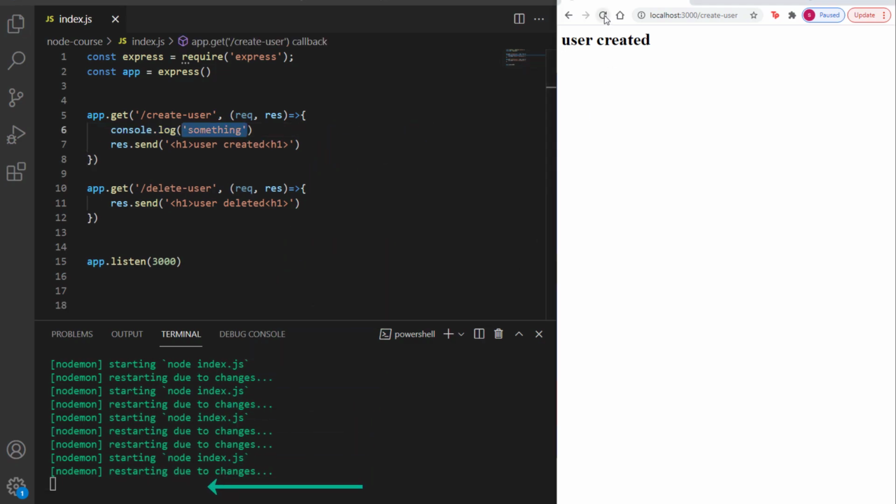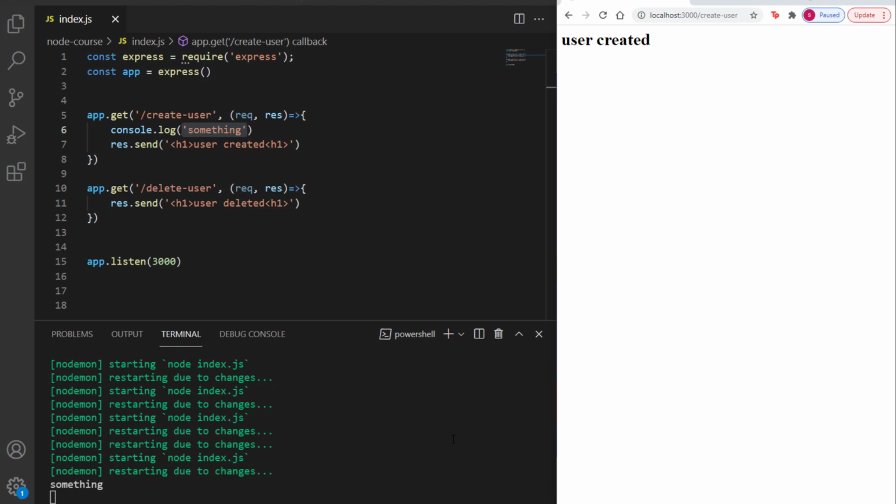Now inside of my create user method, I could go ahead and console.log something right above my response.send method, and that line of code would technically be middleware because it's running after it received a request and before it's sending out the response. But generally speaking, to the average Joe who happens to be a programmer, he would not consider this as middleware, and I myself would not consider it middleware neither.